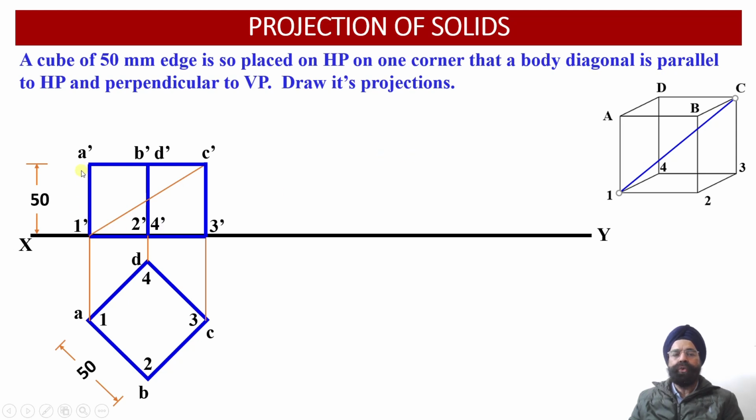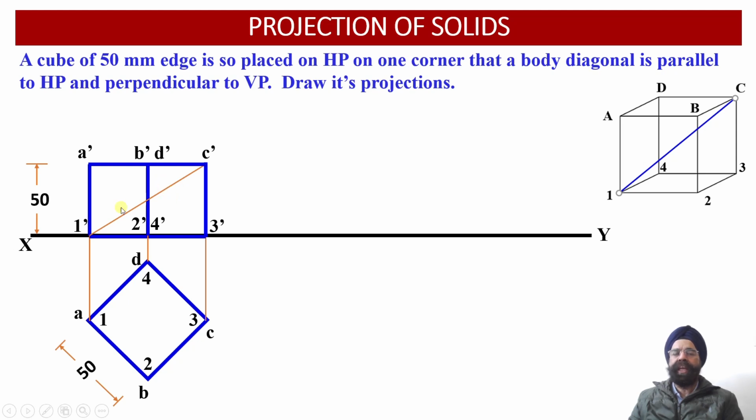Now, in order to transfer this front view projection in such a way that this body diagonal becomes parallel to the horizontal plane, what do we have to do? We have to draw another construction line from the point 3 dash onto this body diagonal, so that we can work out the perpendicular distance between the point 3 dash and a point P dash,